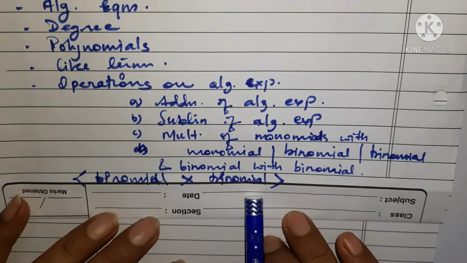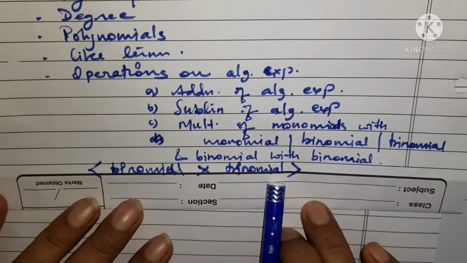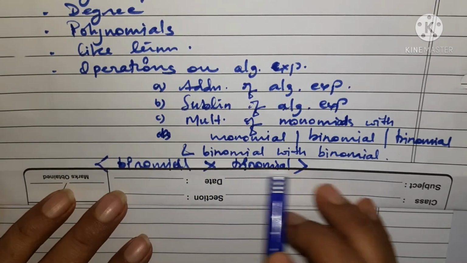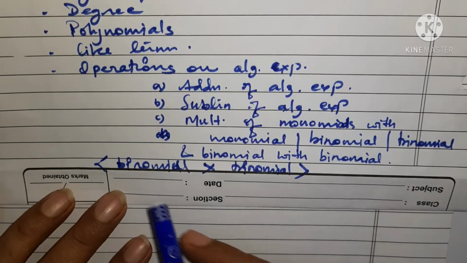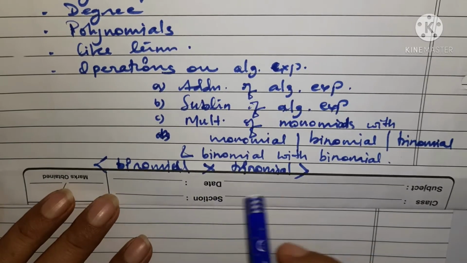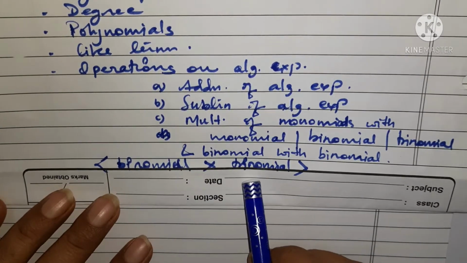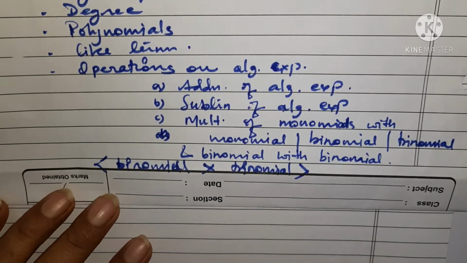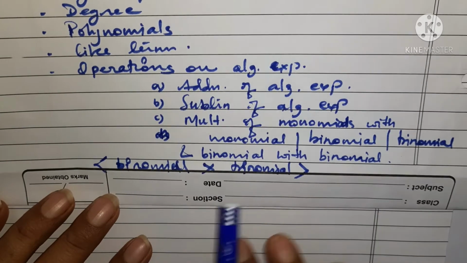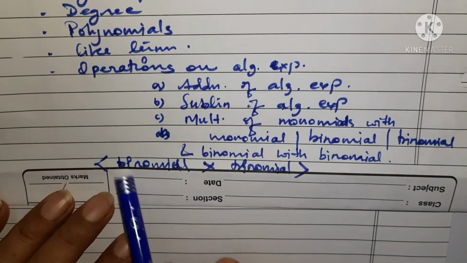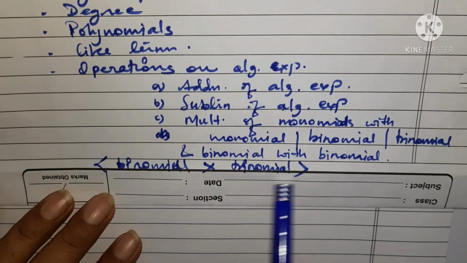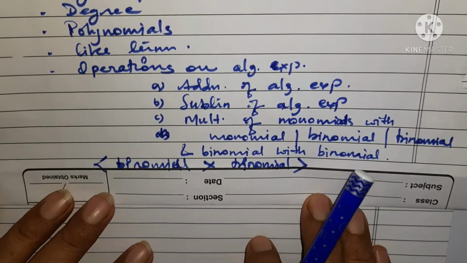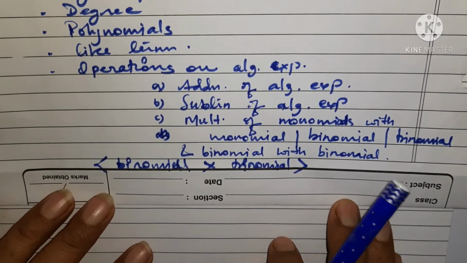So in today's session, it's going to be a very small session in which we'll try to understand how to multiply a binomial with a trinomial. Once we understand this, we will be able to multiply any algebraic expressions further, because every multiplication is going to be just like this. It can be in the other bracket, it could be any number of terms. So let's start with our session.